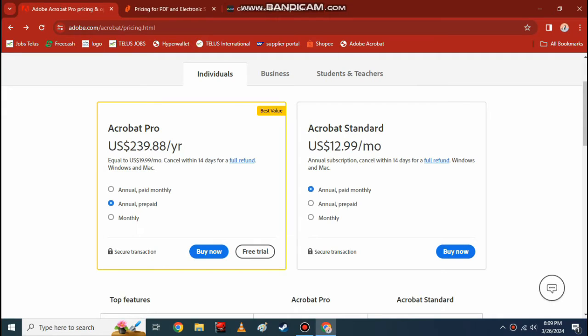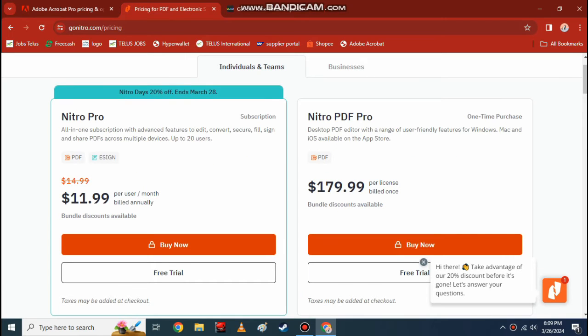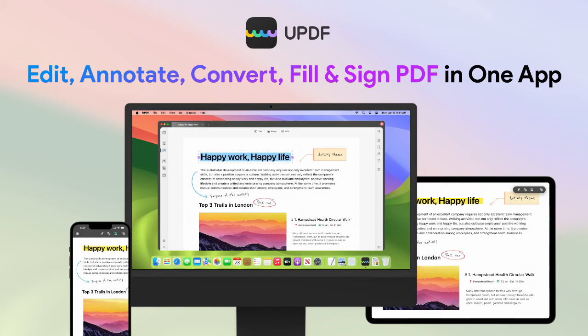Adobe Acrobat costs $239.88 per year with a 2-device limit. Nitro Pro is a bit more affordable at $179.99 per year, also having a 2-device limit. For UPDF, it's priced at